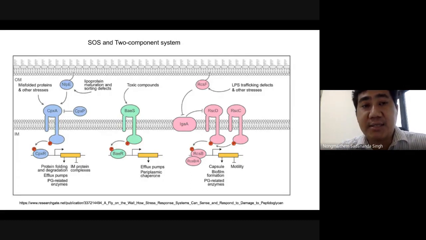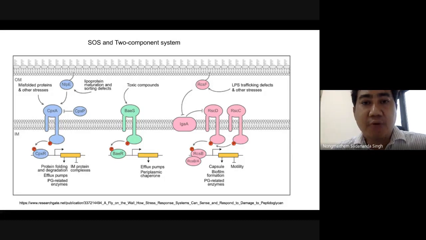One of the target genes is like the peptidoglycan synthesis proteins. So that would affect the integrity of the membrane of the bacteria or the cell wall component of the bacteria. So even in E. coli, what we talked about is that there are two lipid bilayer membranes, and there is a very thin layer of peptidoglycan. So when the SOS response kicks in, the peptidoglycan synthesis or the integrity of this lipid bilayer is disrupted.